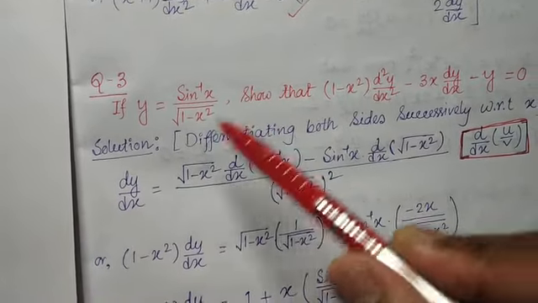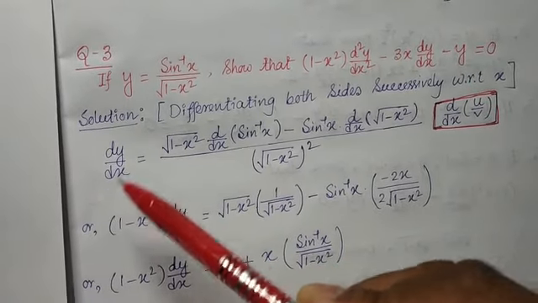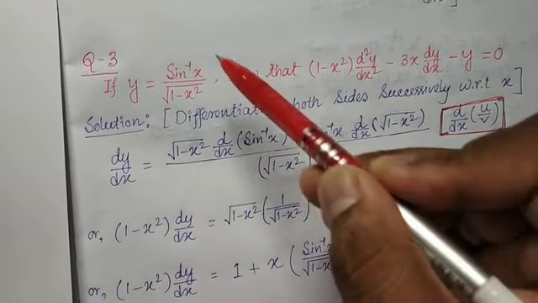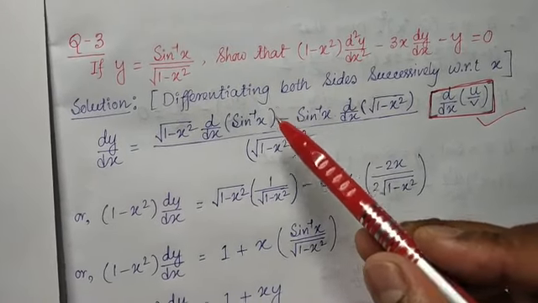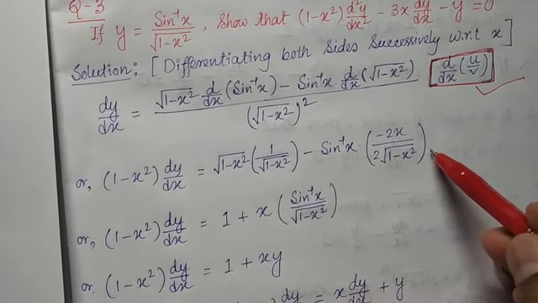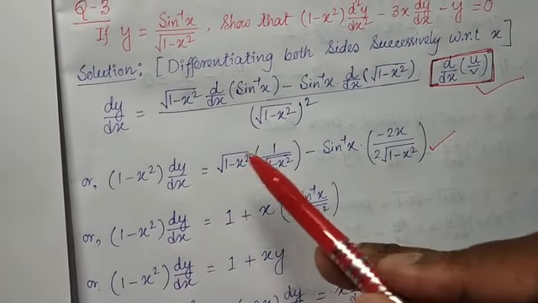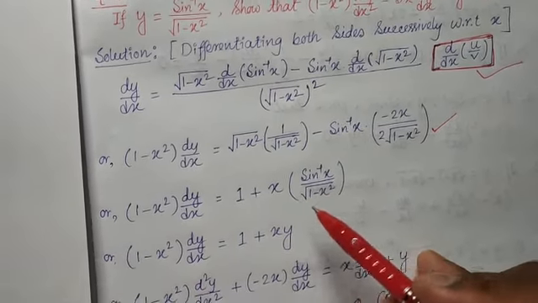If y equal to sine inverse root 1 minus x square, so that this same, first you have to find dy/dx and here you have to apply d/dx of u by v. This one, d/dx of u by v, that is the formula. After simplification, differentiation of sine inverse is this. After simplification, this step is important. Now this gone. Ultimately sine inverse x into this. Now if you take x common, this part has come.